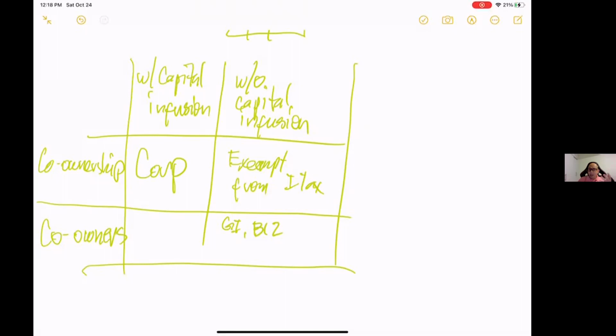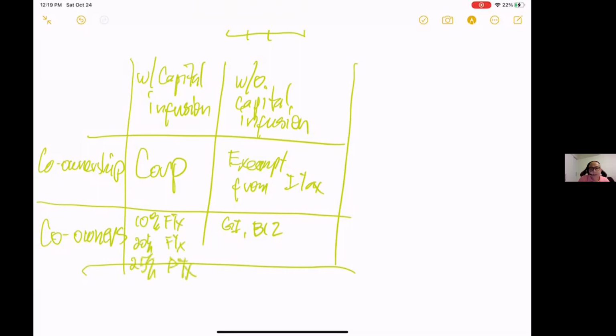What do we mean by that? It will be liable to RCIT, it will be liable to MCIT, as the case may be. Yeah. Because it will be seen by the law, it will be treated as a taxable corporation. Now, if you are the co-owner of a co-ownership with capital infusion, whereby it is treated like a taxable corporation, how would you treat your share in the income of the co-ownership then? Like a stockholder, it will be subjected to 10% final tax or 20% final tax or